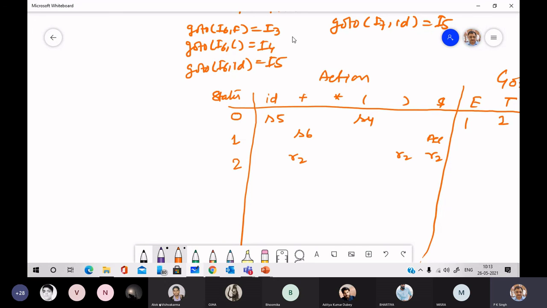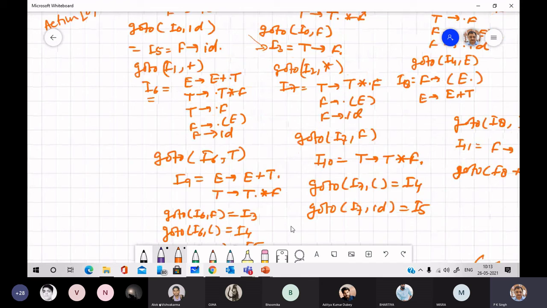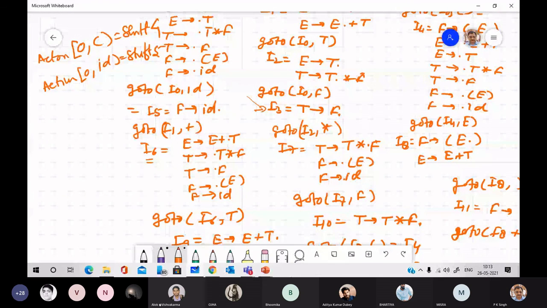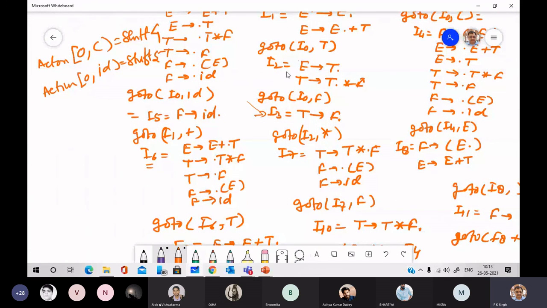We have one more item in item set I2: T to T dot asterisk F. We have asterisk just after the dot, so the action is shift. Where to shift?